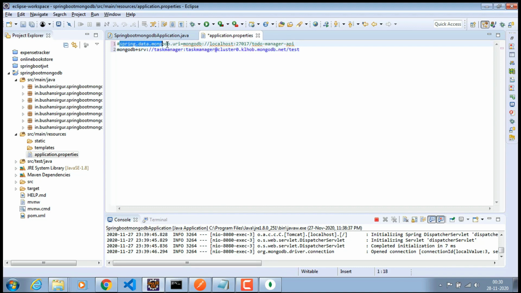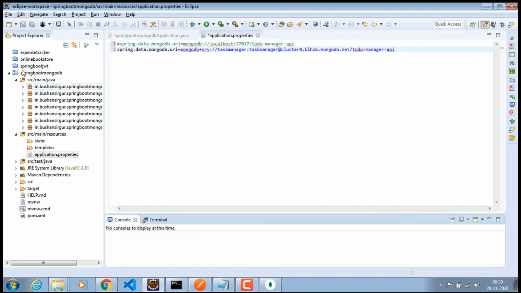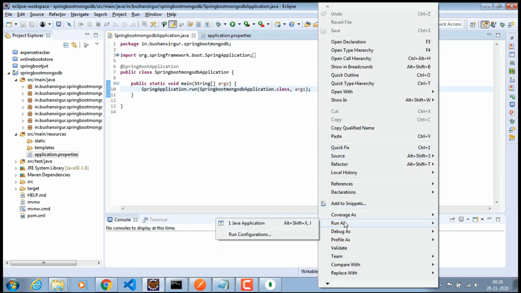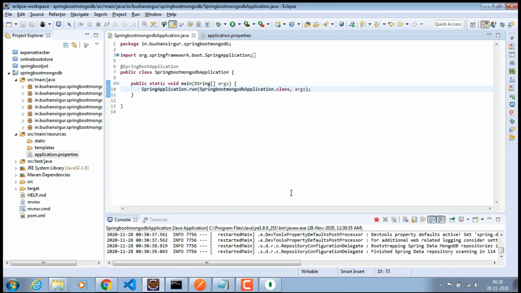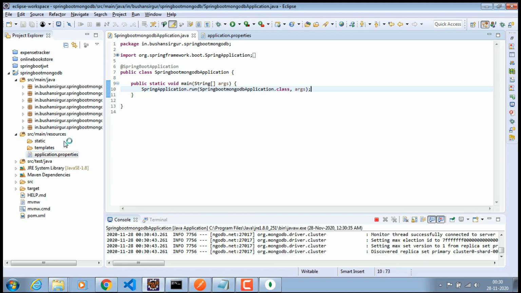I'll copy this property and paste it below, and for the database which we are going to use for the to-do manager API, just copy this database name and paste it. Shut down the server and restart it again. Now we should be able to connect to the production database through our Spring Boot application.